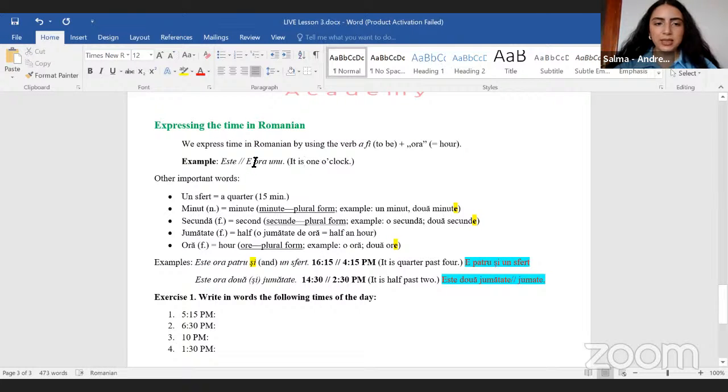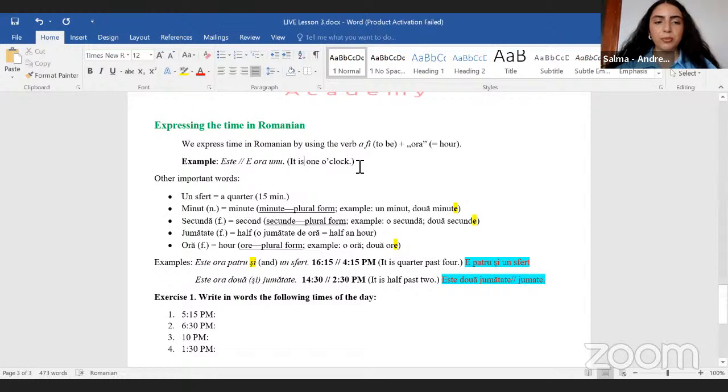As I've mentioned before, we don't have in Romanian a personal pronoun for it. But as you can see here, this form, este, is for the third person singular, so for ea or el, he or she. And because in Romanian we don't have a pronoun for it, we will just write the verb here. Also, another thing, in Romanian, it is very possible, and you are very encouraged to do so once you learn the language.